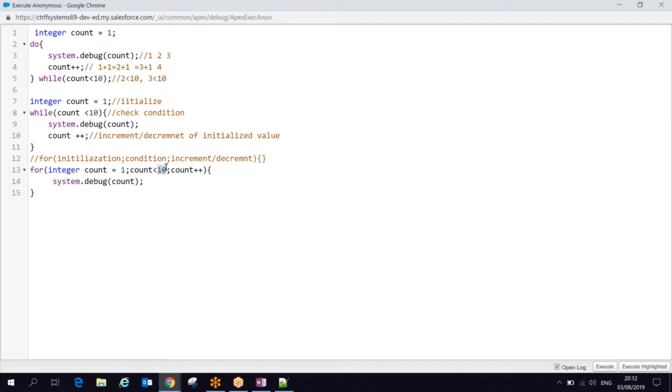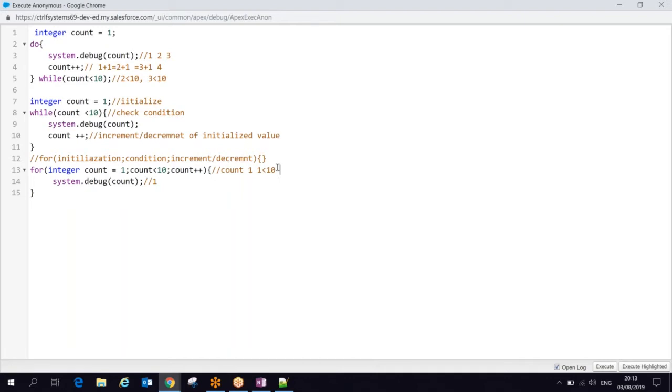So now if you see the looping, whatever I'm doing, I know I need to do it 10 times. So after 10 times, this loop will finish executing. I'll check count is 1. How does it happen? First my count variable is 1. Then I will check whether 1 is less than 10. Yes, satisfied. Then I will go and execute my statement, print 1. Then I will increment it.